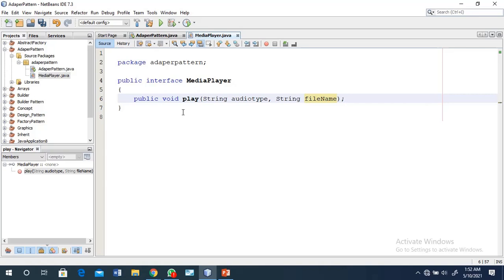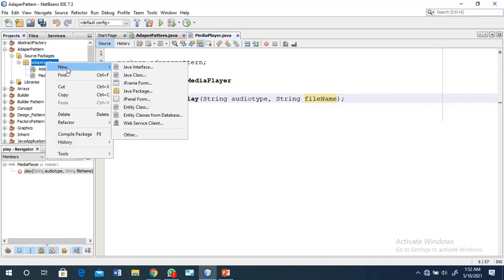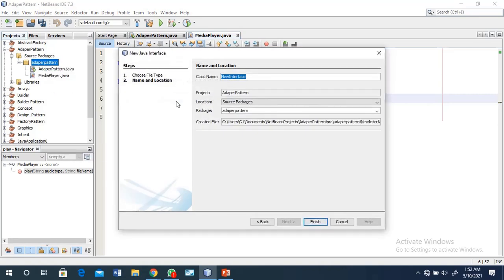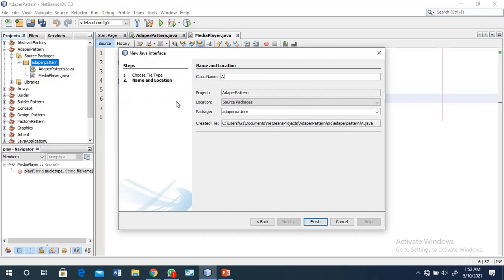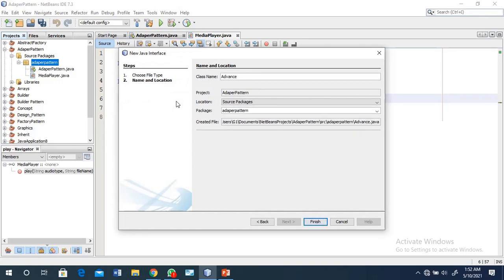That is okay with the media player, and then again we create a new interface, the advanced media player.